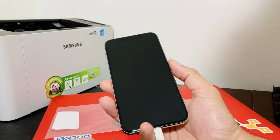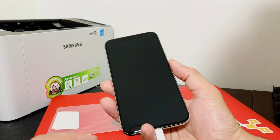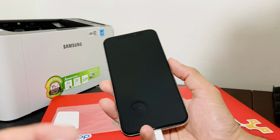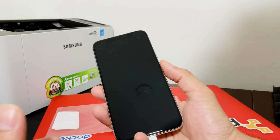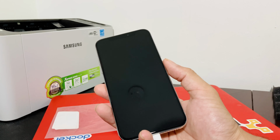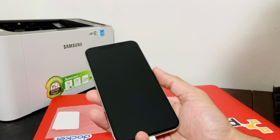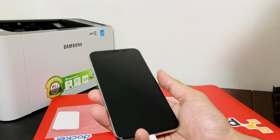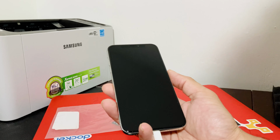And finally, guys, always buy from a listing that at least has a 30-day return policy. You'll see when you click on a listing, it will say it has at least a 30-day return policy. If it says seller does not offer return, simply avoid those listings at all costs, because you want to be able to return a phone if there's any issues with it. So with this phone, I have a 30-day return policy,